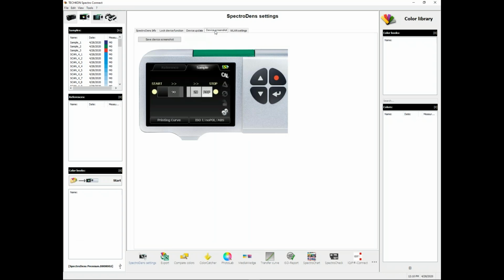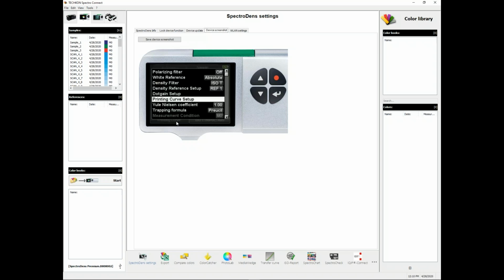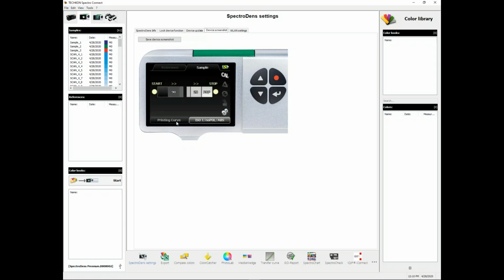So right now on my SpectroDens, I'm under the printing curve function. And then if you go down to the bottom right corner, hit enter, and hit enter on the printing curve setup. You can also configure what kind of screen patch you wish to measure here as well. So once you are in this function on your device, all the settings will be transferred into the software. Okay. All right. So once you see this screen, that means we are ready to scan,